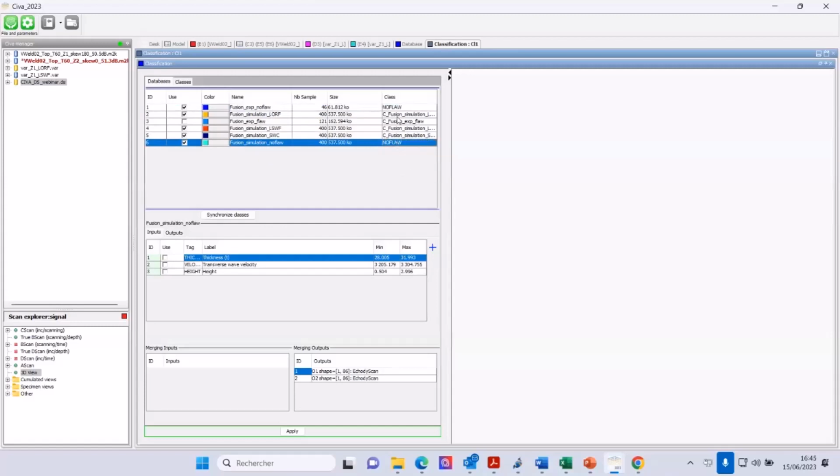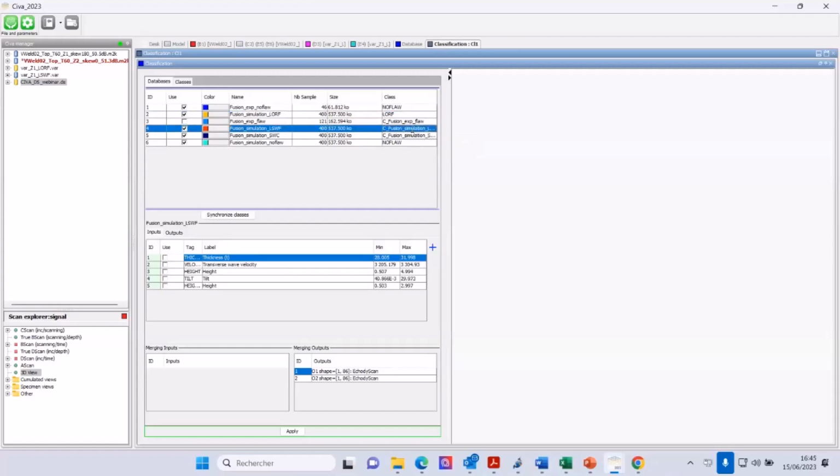And then I can here define: this is a lack of root fusion, lack of sidewise fusion, and this flow. So we have here 4 classes: 3 different classes of flows at different positions on the weld, and 1 without flow. And I will train my algorithms on this data. And again, I remove the fusion experimental flow. So here I click on apply to initialize the classification.